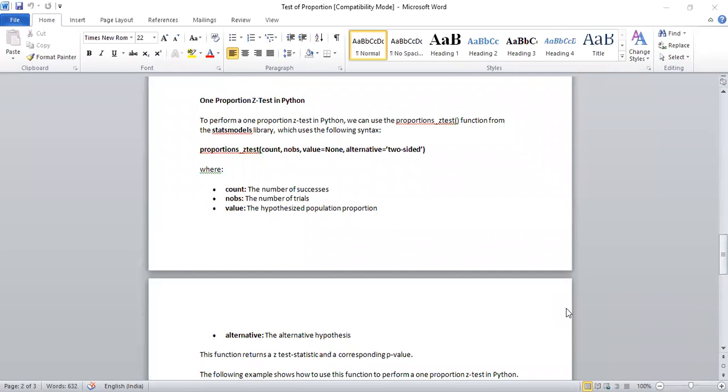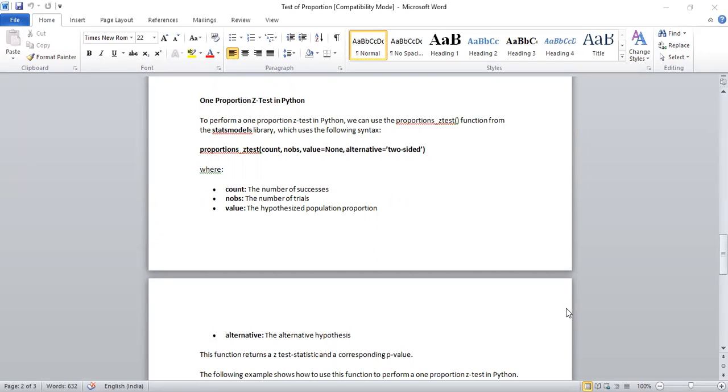When I talked about hypothesis and tests, I covered different tests of hypothesis, such as the z test, t test and proportion test, but you have to learn a little bit more about it. That is what the one proportion z test is. In Python, to perform a one proportion z test, we use the proportions_ztest function